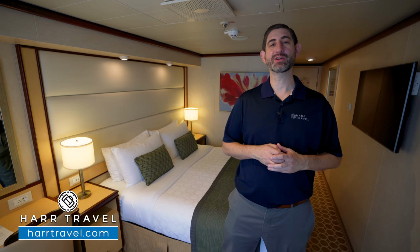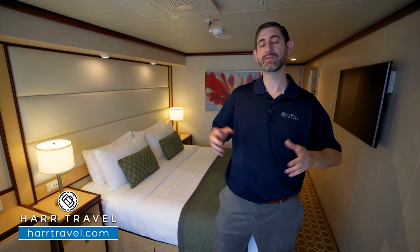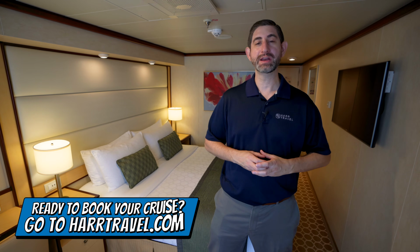Now this particular category is a balcony. It's the most prevalent here on board the ship. We're going to tour through the full space, but before we do, when you are ready to book your next